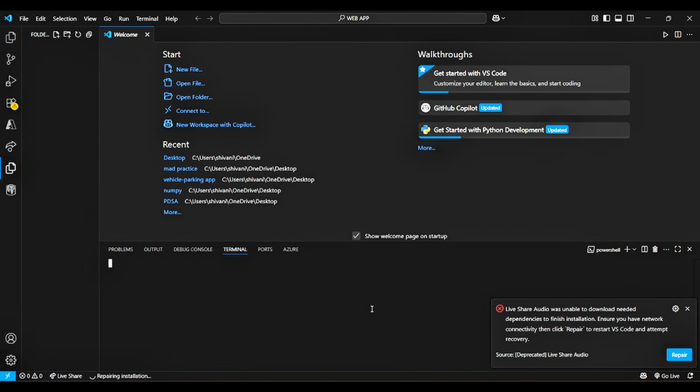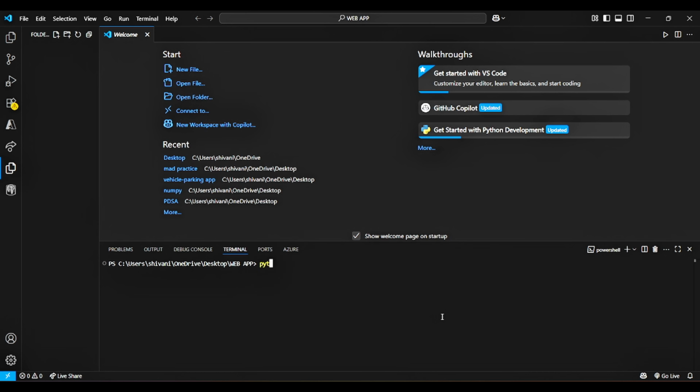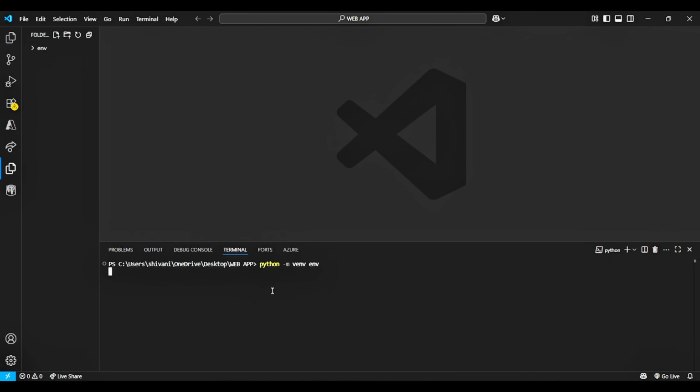First, we have to create a virtual environment because in Python, a virtual environment helps us keep all the dependencies for a project in one place. So I will run this command, which will create a folder named env, and then I will activate the virtual environment with this command.